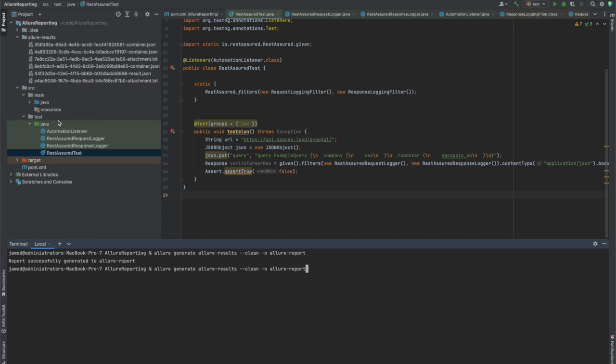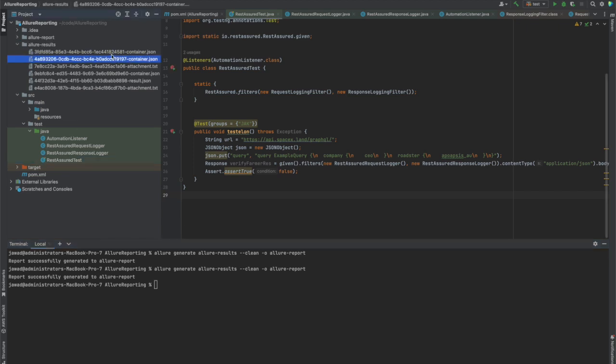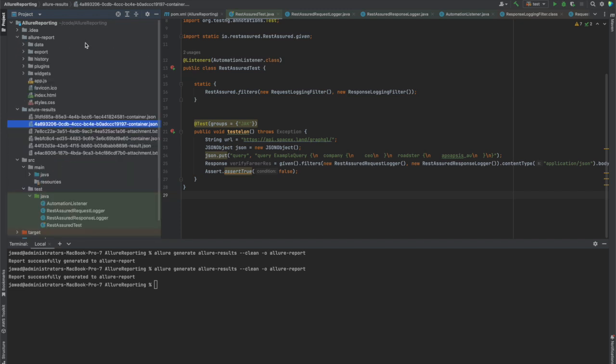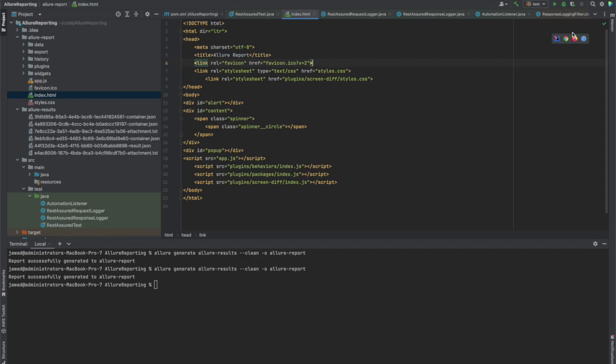Right now, since we are running it for the first time, the Allure report folder is still not created. Let's run and see what happens. As you can see here, the Allure report folder got created, and if we go to the index.html,